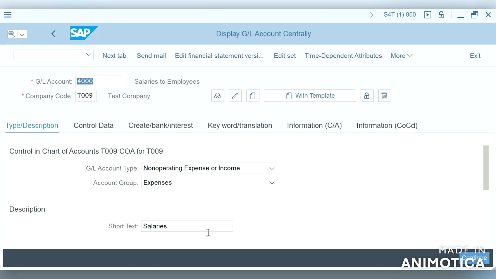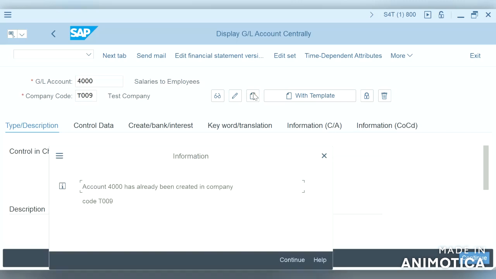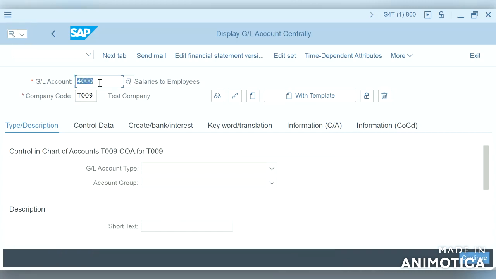Let us move on to creating a new GL account for our company code. We will be creating an asset account.